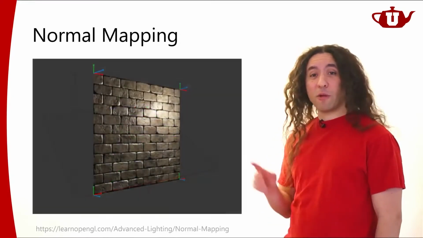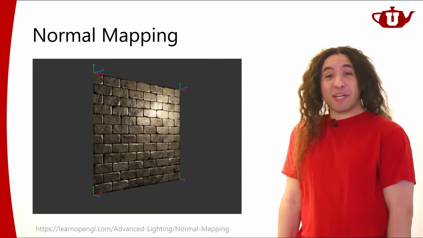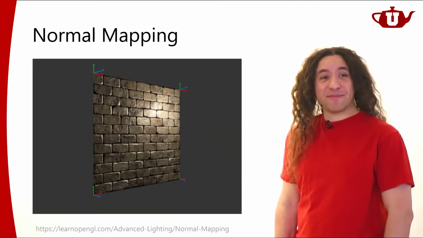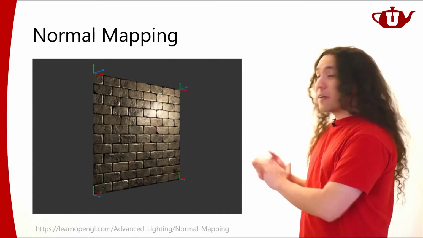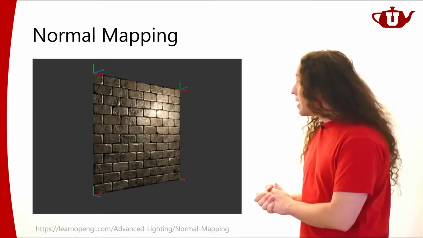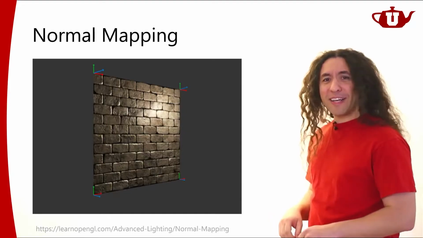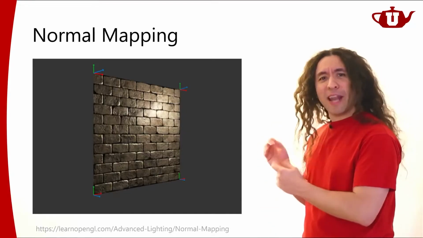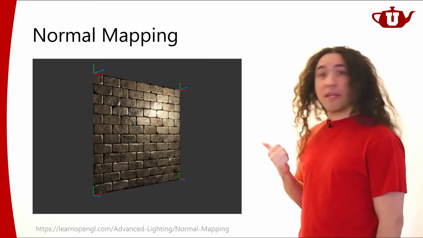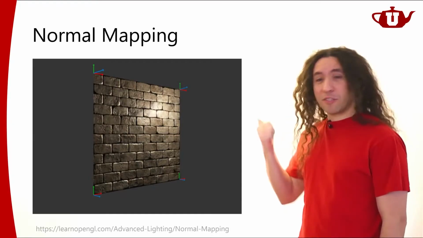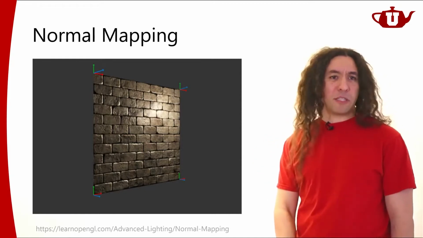So let's see what this looks like. This particular normal map gives me a pretty nice looking brick texture, with all these details. It's actually very difficult to look at this and say, oh, this is just a flat plane with some normals modified. It actually looks like the real thing, like all these tiny little details are modeled, but they're not. There's not enough geometric detail here. It's just a flat plane. So that's the idea. This makes it really cheap.